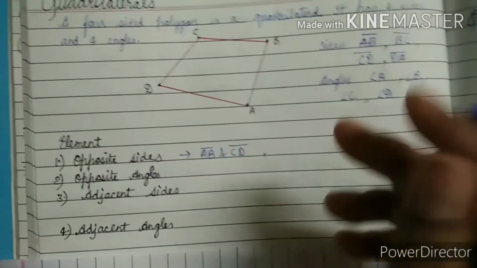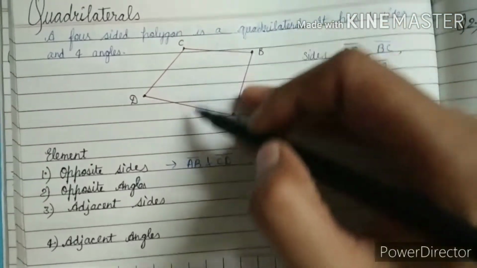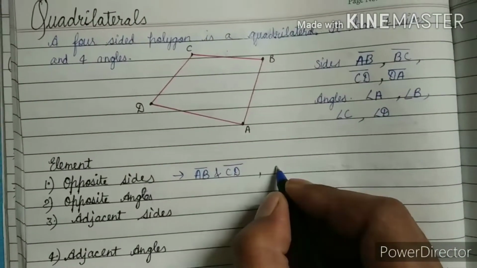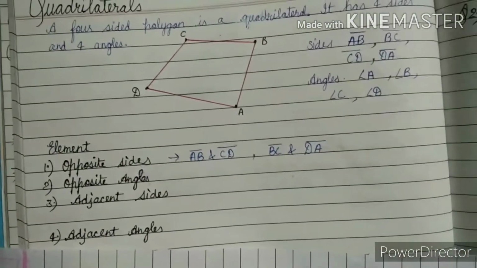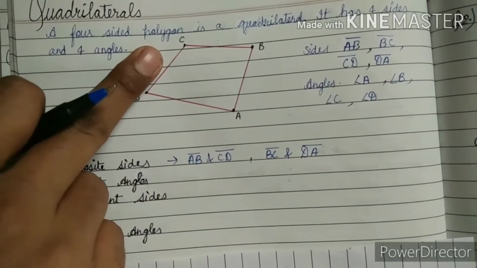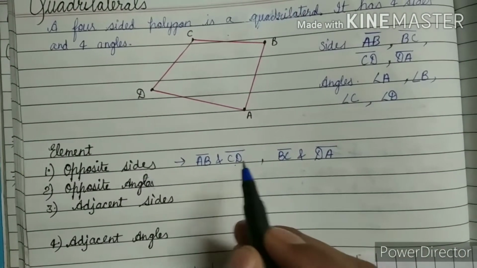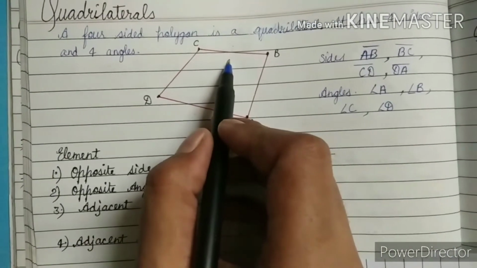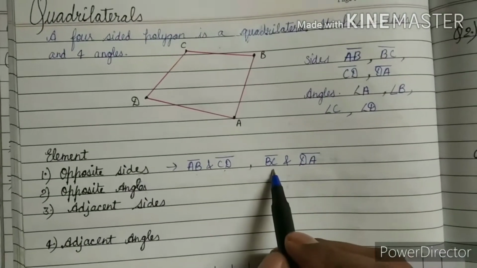Now the next pair. When you are standing near BC, who is looking here? Only DA will look from BC. So BC is opposite to DA. Now you may ask, ma'am, why didn't you stand here? When you stand at CD, in the same way you can see AB. So AB's opposite is CD, and CD's opposite is AB. Same here, when you are standing here, BC is opposite of DA. So BC's opposite is DA and DA's opposite is BC.